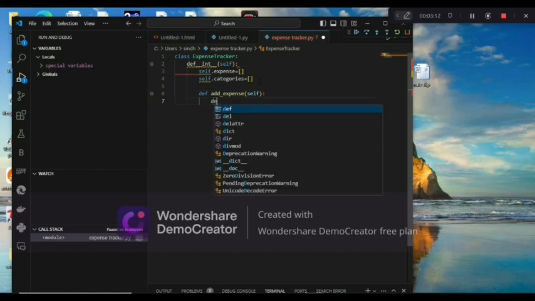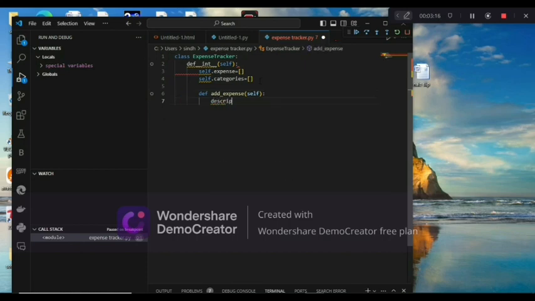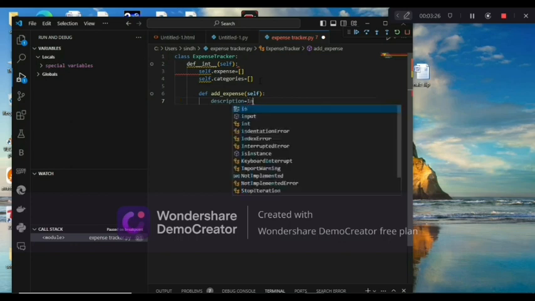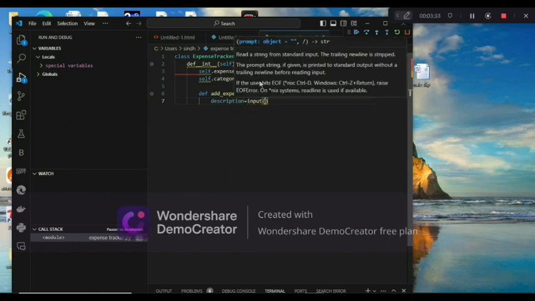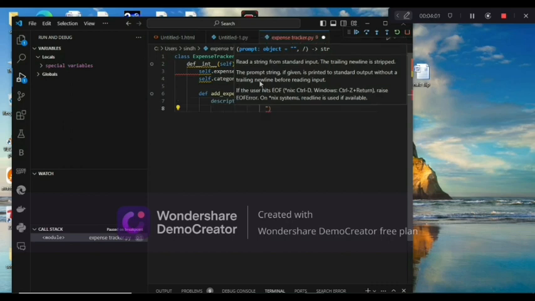Now I am writing the description equal to input, enter expense description. It prompts the user to enter a description